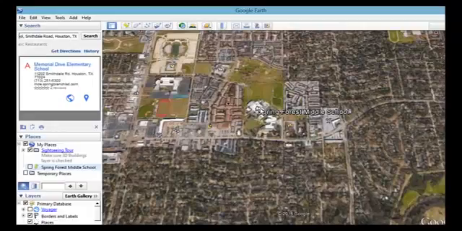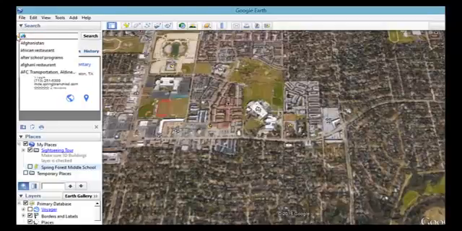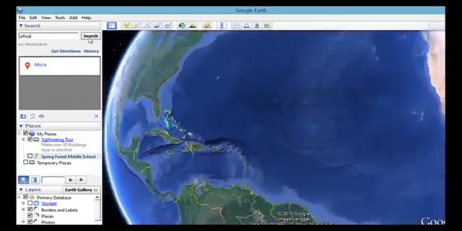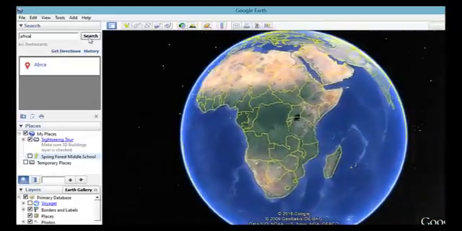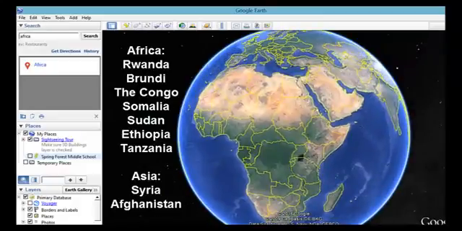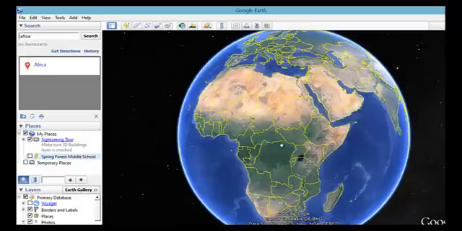My students are mostly from the continent of Africa, and I'm sure you are all very familiar with it. The interesting thing is they're from all different countries. So we have folks from Rwanda, Burundi, the Congo. We also have some friends from Afghanistan, Somalia, Syria, Ethiopia. It's a wonderful international class. Very fascinating. We're learning a lot.